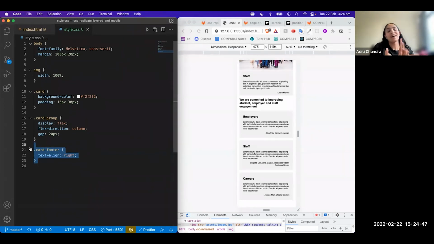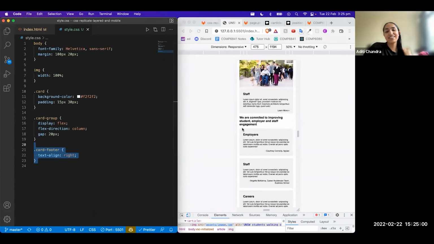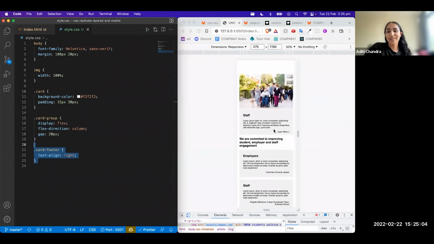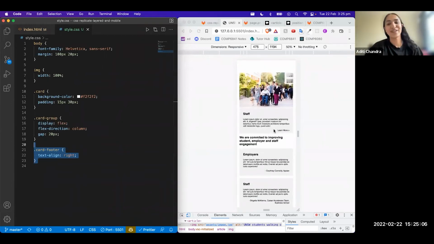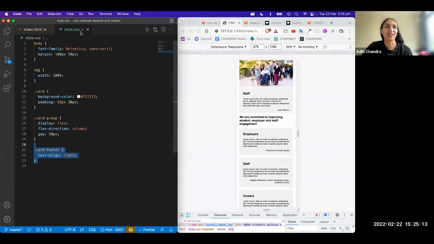So yeah, I guess there is a case where if it's one very small change, maybe an inline style is fine. But I would say try in this course, if possible, to not use them unless there's a very valid use case for it. Okay, the main part of this that I did want to go through is this staff